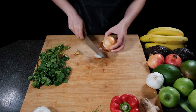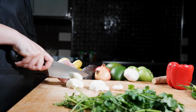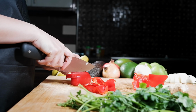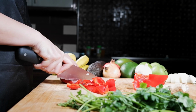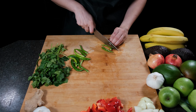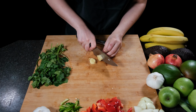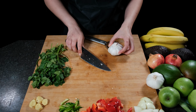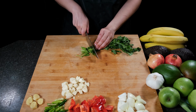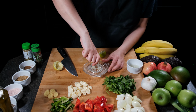For the marinade, we want to start by roughly chopping 1 onion, one red bell pepper, six to 8 green chillies, a thumb-sized piece of ginger, 4 to 6 cloves of garlic, and fresh coriander. You'll also need some lime or lemon,